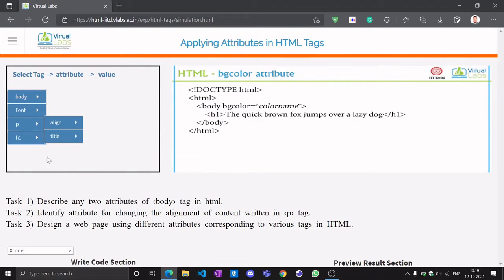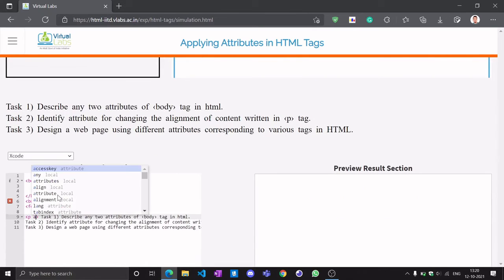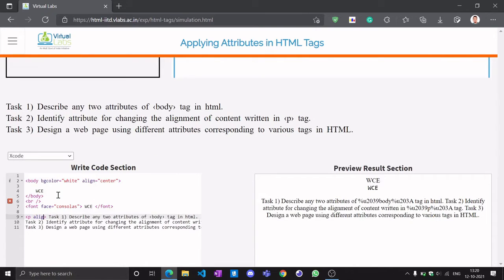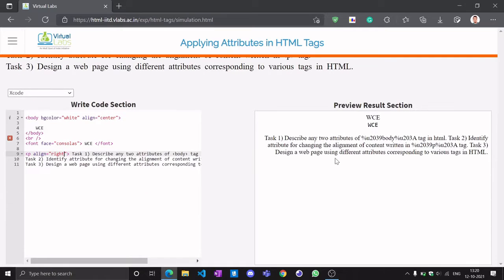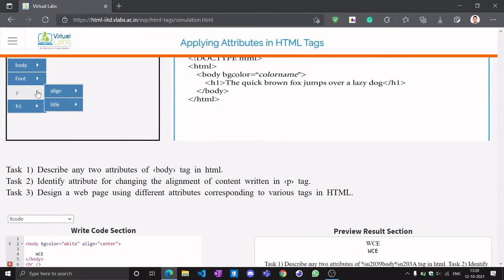We write align equal to left. We cannot really see the difference. So let's do right. Now we can see the difference. It is right aligned. For left we were not noticing it, but when we set it as right, it goes to the right. And let's also do the title.